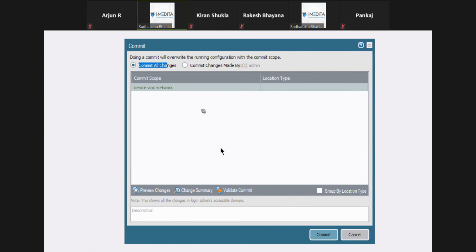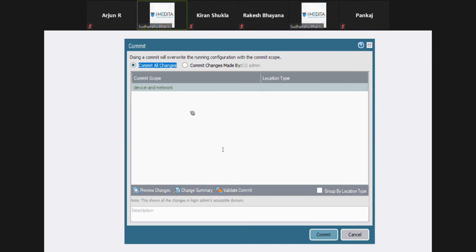Now, why is this handy? Suppose multiple people are accessing this device using the web UI or SSH or whatever. Pankaj is accessing this and I'm also accessing.